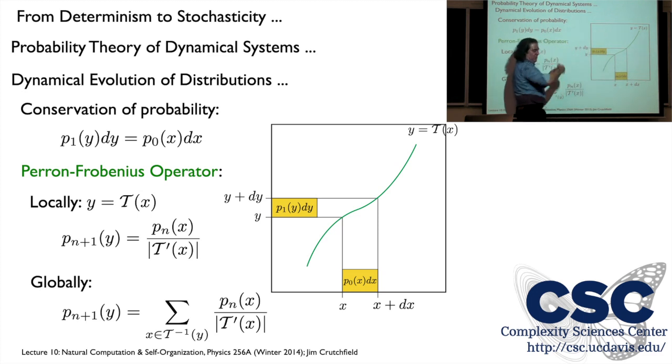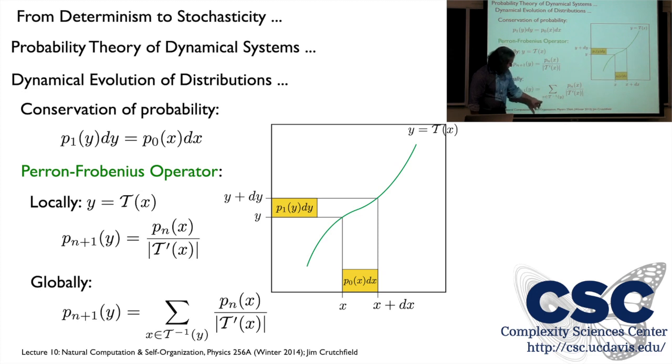Because we're mapping forward, okay? So that's what this is. So I'm just taking this heuristically described dependence on the absolute value of the slope, how that modifies the probability amplitudes. And then what we do is we just sum over all those values in the domain of the function, domain of t of x, that contribute to y.